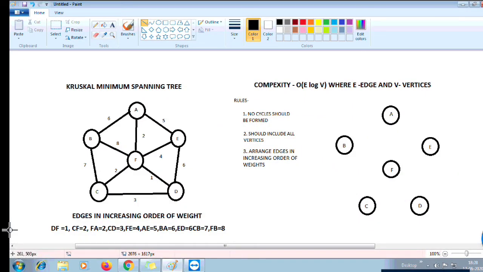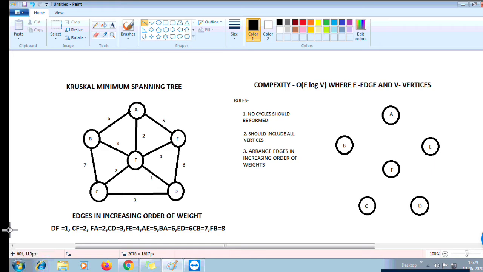We will be making a video series on different algorithms and various concepts of data structure. So first of all, we will consider the Kruskal minimum spanning tree in this series. And if you want to watch the video on Prim's algorithm, you can see it in the I section upwards, or else I will also provide the link in the description so you can watch that too.